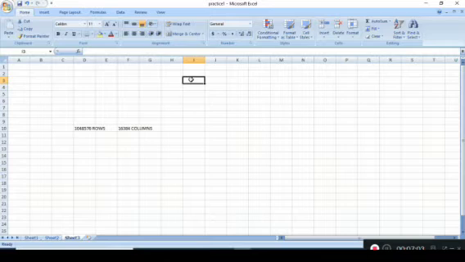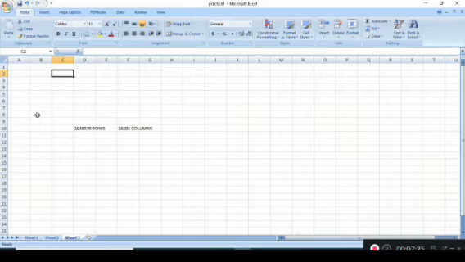That means now we are able to write or edit in that box, and this box is called the active cell. Now you can find out how many cells are formed by the intersection of rows and columns.